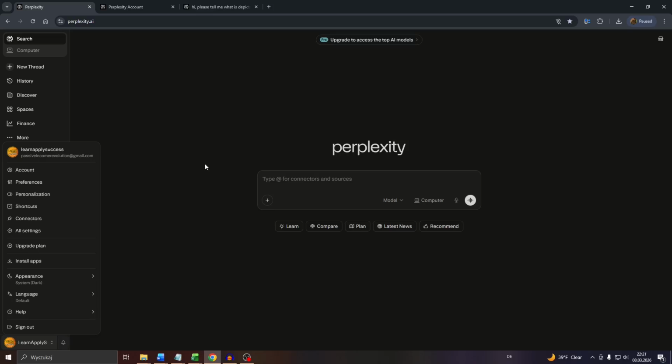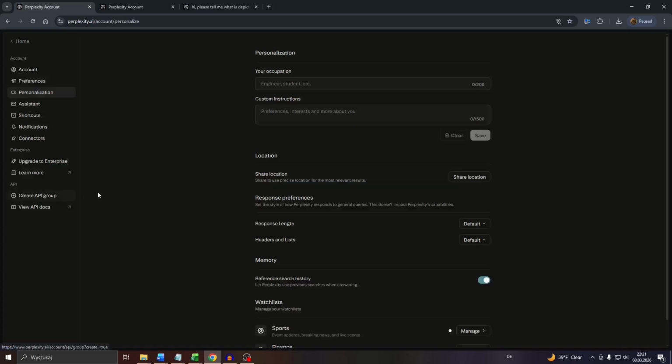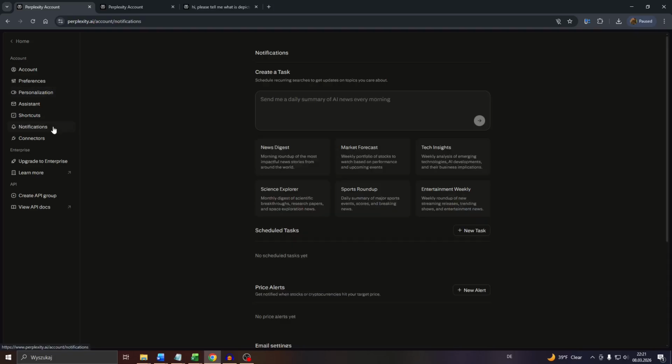From here navigate to the personalization settings here, and from there click into notifications to the left. From here, what you want to do is create a new task, for example, by clicking into this text field here